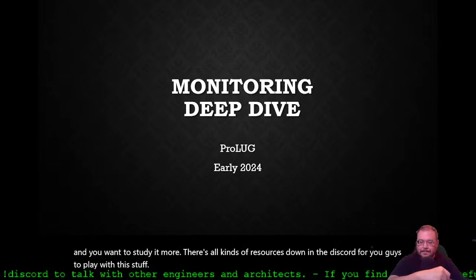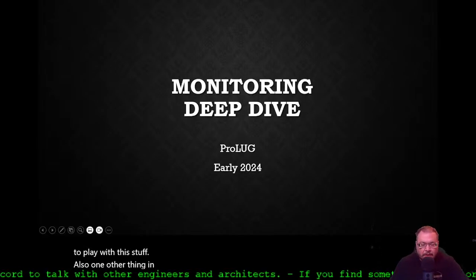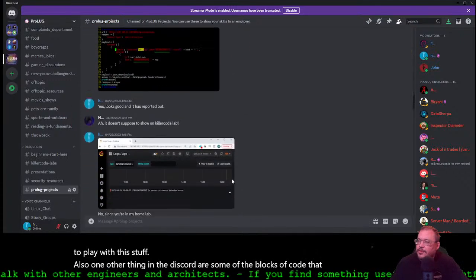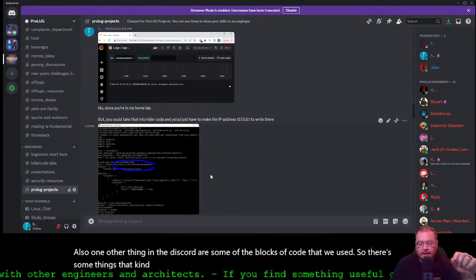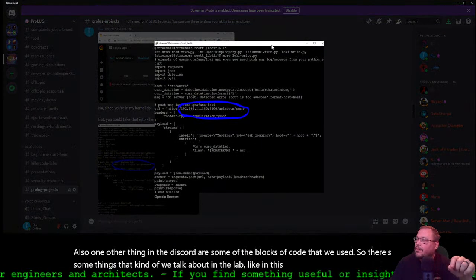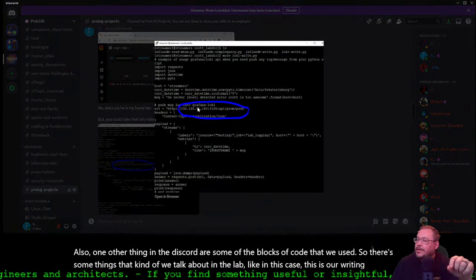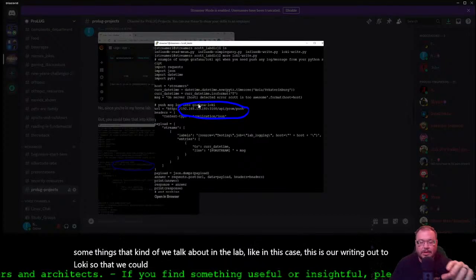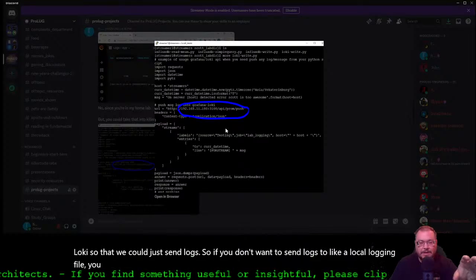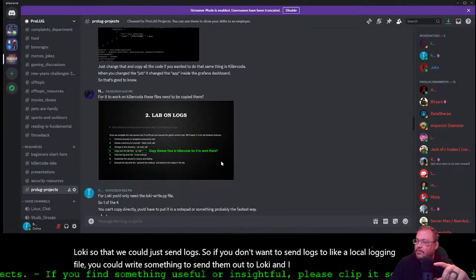Also, one other thing, in the Discord are some of the blocks of code that we used. There are some things that we talk about in the lab, like in this case, our writing out to Loki so that we could send logs. If you don't want to send logs to a local logging file, you could write something to send them out to Loki. And I think the blocks of code for all that